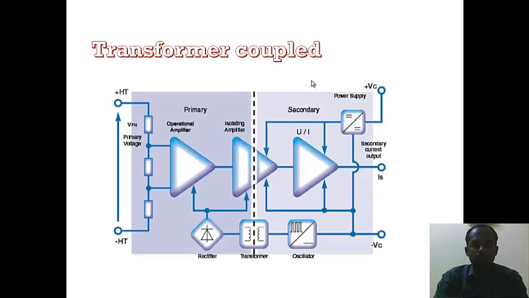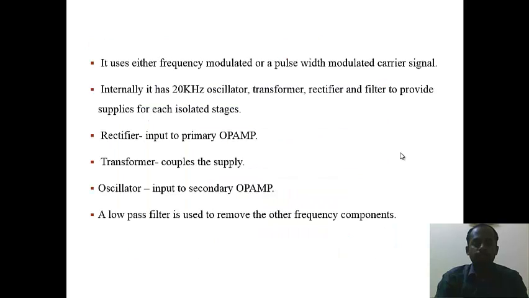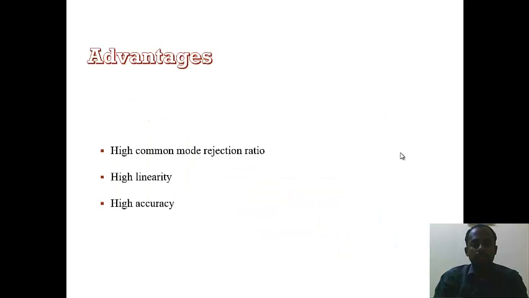The output of this signal can be passed to a low-pass filter, which separates the high frequency noises and makes the signal pure. Advantages: high common mode rejection ratio. Common mode rejection ratio is